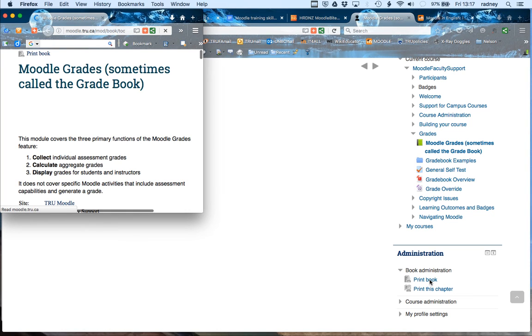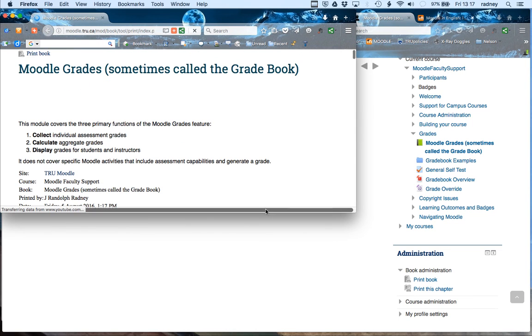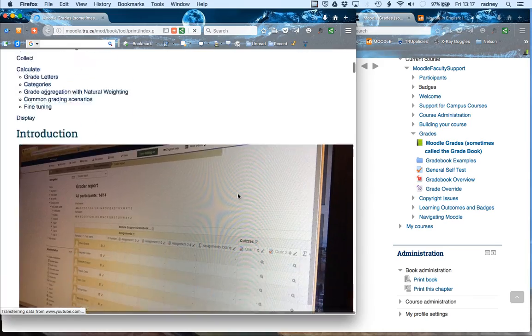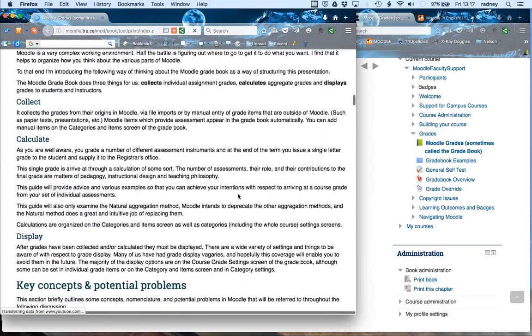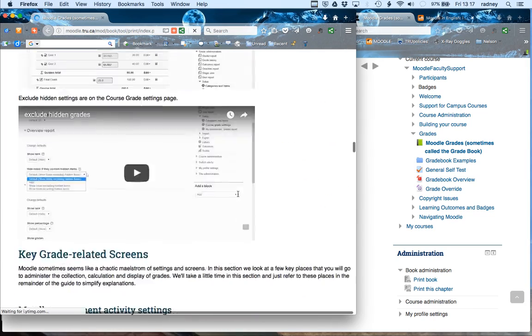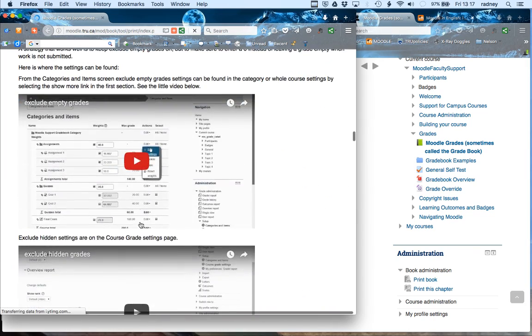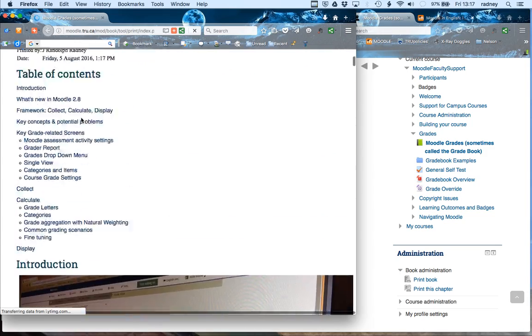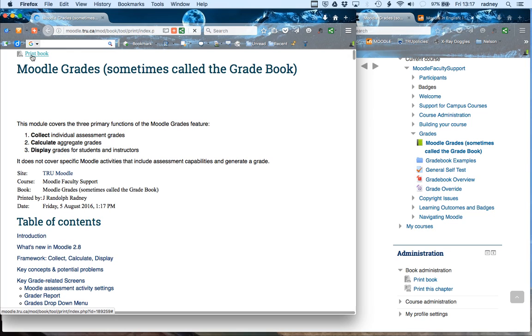It's the same process, and it looks very similar, except that from any of the chapters, I'm not just printing out the chapter where I was located, but this goes back to the beginning of the book. It prints out the table of contents, any graphics that may have been uploaded, and that sort of thing. One thing to be aware of is that any YouTube videos are going to show on screen like this, but when I go to actually print that out,